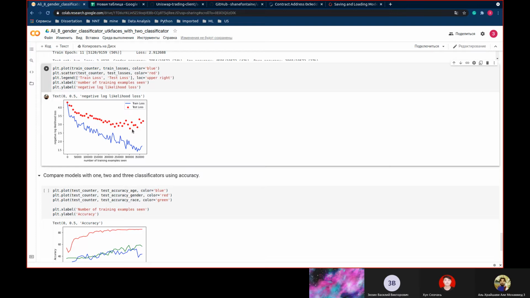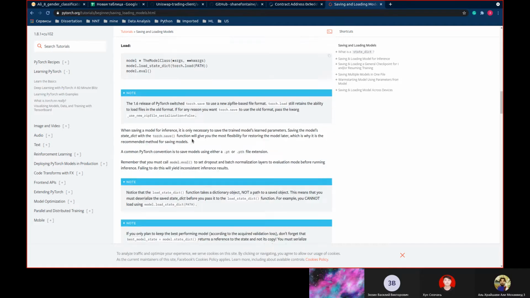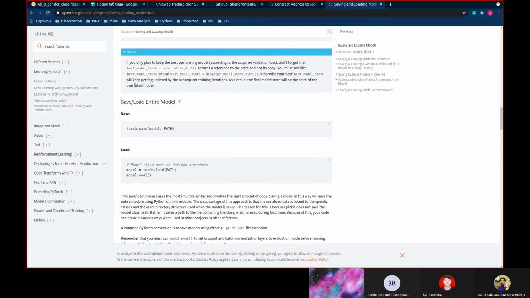You know that this point means that you have the best model, and you save your model using save model state dict, and path means that you determine the name of your model. There is another way, save and load the entire model. It means that you save weights and architecture and so on. And here you just save, and of course you can load again and compare them together.